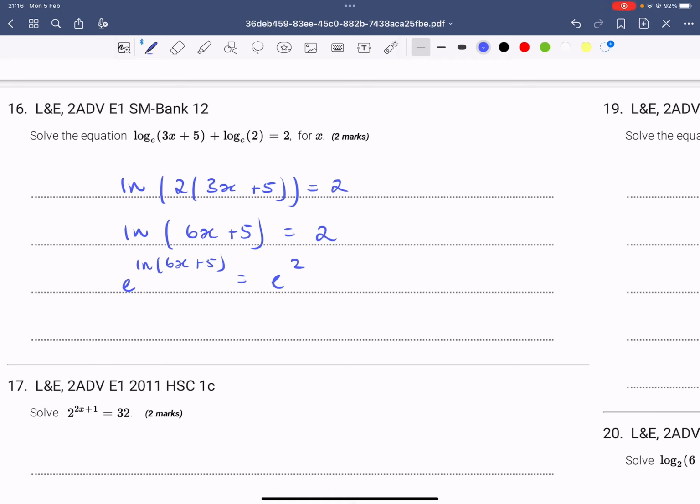If you raise e to the power of the natural logarithm, these just kill each other because they're the inverse operations, kind of like a plus and a minus cancel and become a minus. So this just leaves 6x plus 5 is equal to e squared. We just subtract 5 and divide by 6. X is equal to 1/6 e squared minus